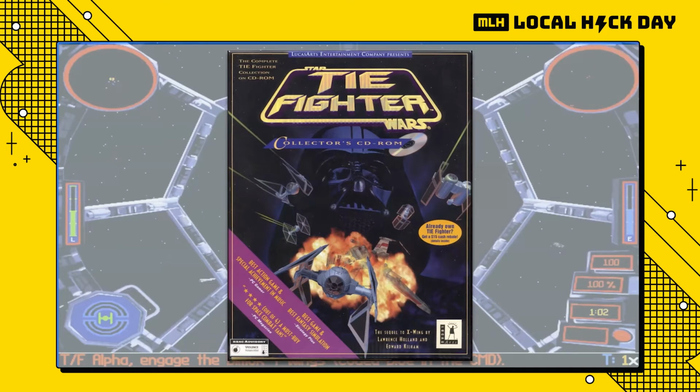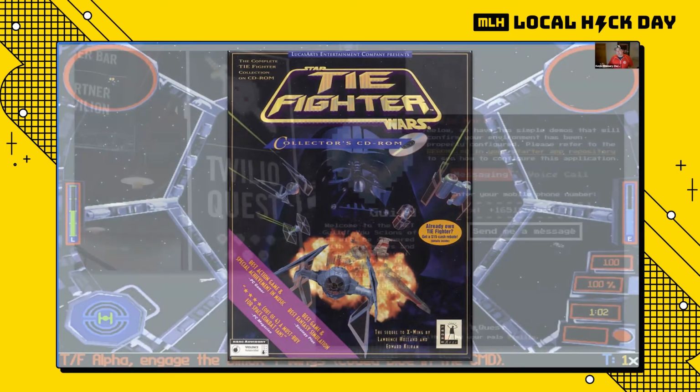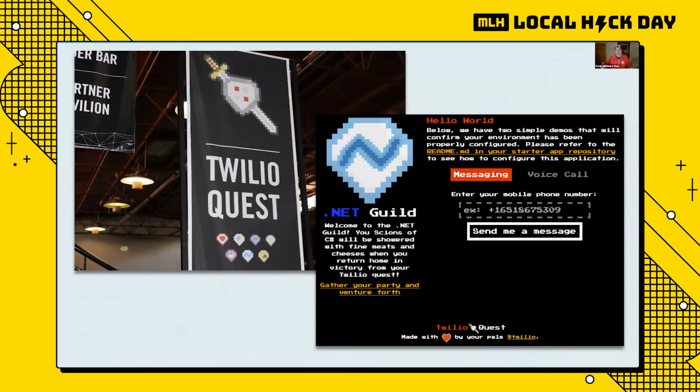So kind of one thing led to another, and I realized I kind of like working with computers. And I sort of resolved in those days that I was going to be a game developer. But like most of my childhood dreams from those days, like being an NFL quarterback, it didn't really materialize right away, at least not until I started working at this company called Twilio, where I was a developer evangelist,